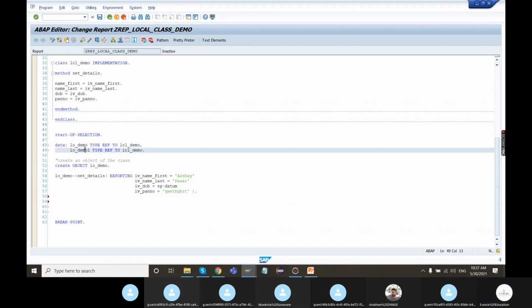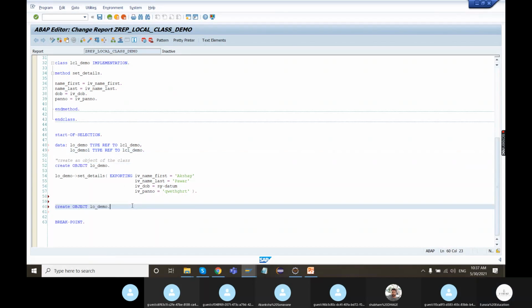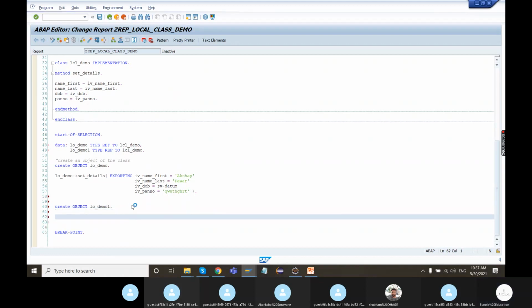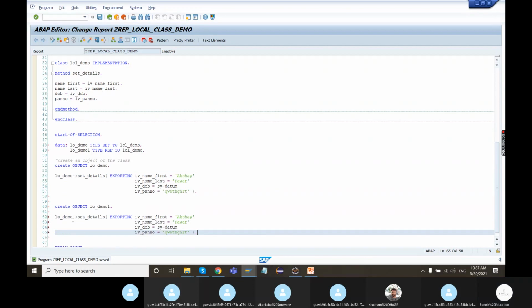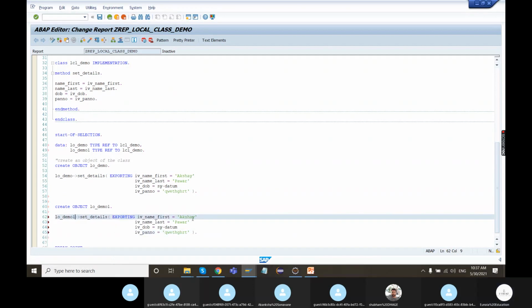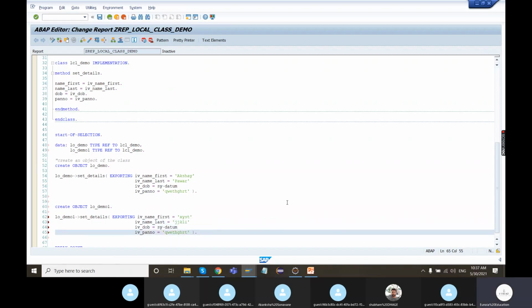So just copy the same statement as it is. Change the reference variable. The same method I'm going to call with some different values this time around. Okay. Let's just say XYZ person is there. His first name is XYZ, some random values. Again, the data I'll keep the same. I'll simply change the PAN number. Let it be this.